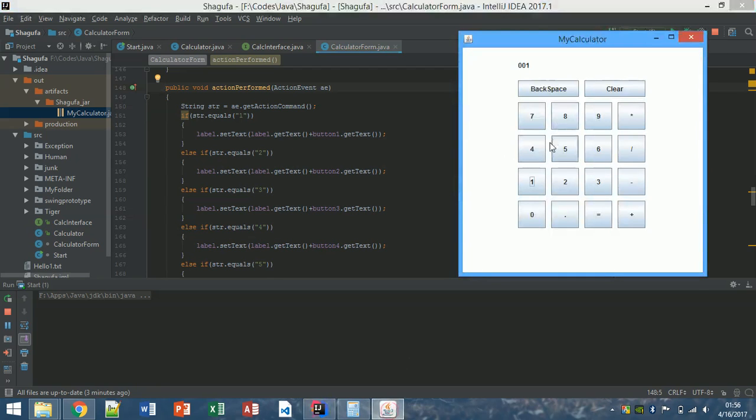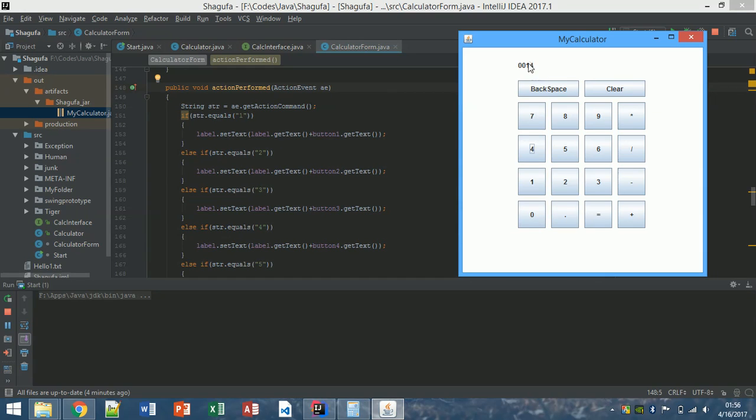Say if I press a button, say 4, this is what is happening. A string equals AE, which is an action event such as pressing this button, and it gets the action command. So if it's equal to 1, we have set a label